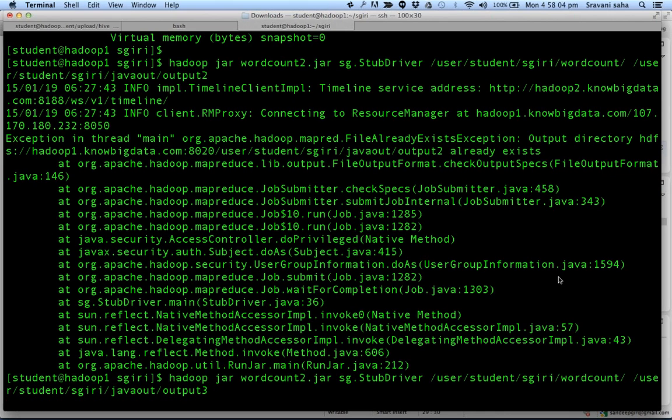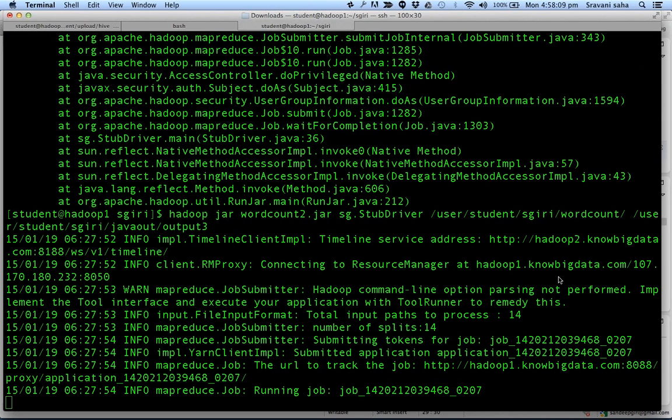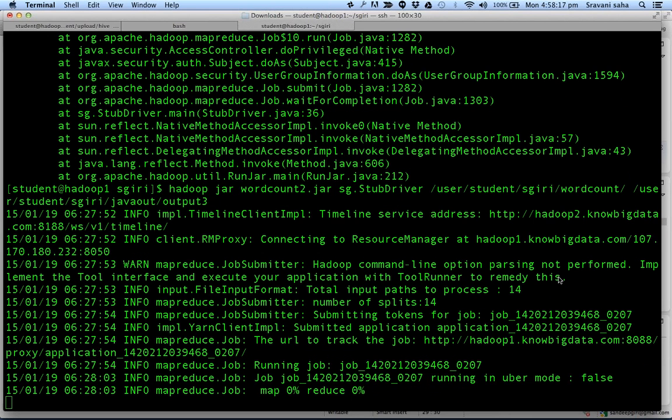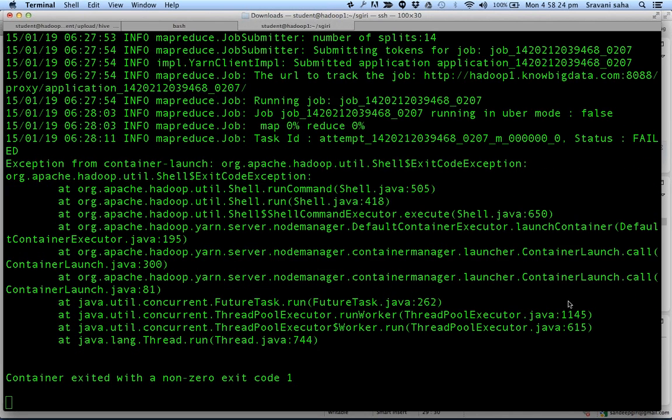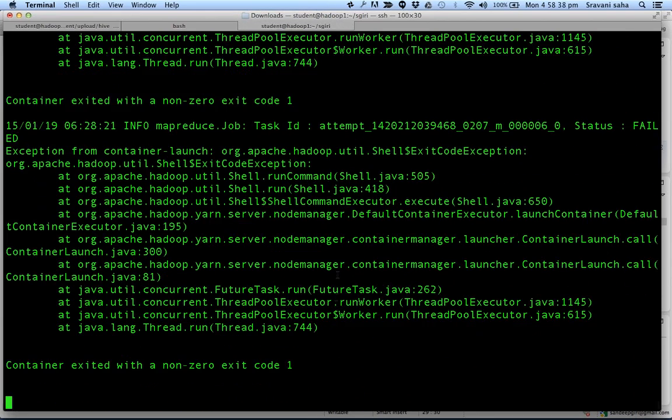Yeah, you're right. The deletion of temporary files is useful. That gets deleted anyway. What kind of error is this now? I think this seems to be